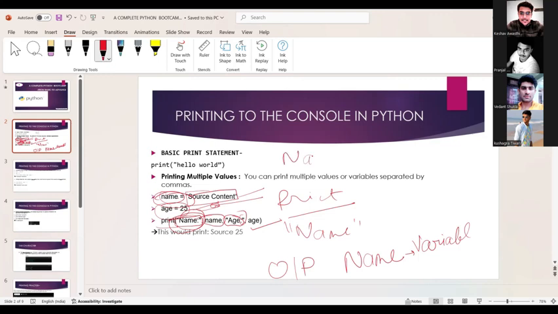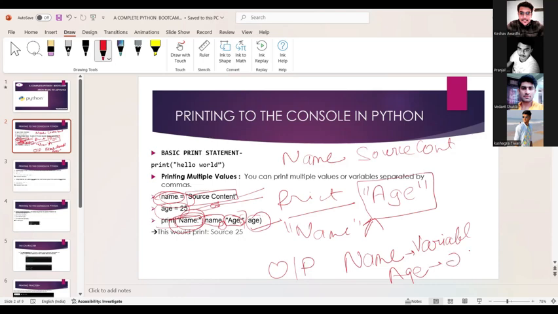मेरा सिंपली दिखेगा नेम, उसके बाद मेरा सीधे दिख जाएगा सोर्स कंटेंट। अब मैंने क्या यूज किया, मैंने कॉमा यूज किया है, कॉमा इज द सेपरेटर, इसने सेपरेट कर दिया। अब फिर से मैंने इन्वर्टेड कॉमा में एज कॉल किया है, इन्वर्टेड कॉमा के अंदर इंक्लोज है, इसका मतलब ये है कि ये मेरा कंसोल विंडो में एज भी प्रिंट करेगा। अब एज के बगल में मैंने कॉमा सेपरेटर यूज किया, उसके बाद वेरिएबल को कॉल कर दिया। तो वेरिएबल को कॉल जब मैंने कर दिया तो उसके बाद मेरा एज इक्वल टू 25 शो हो जाएगा।